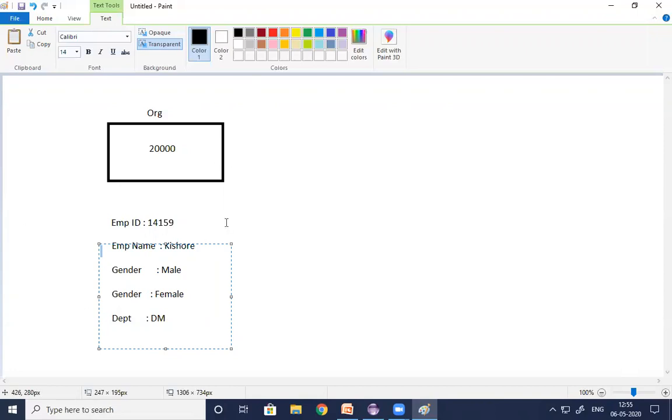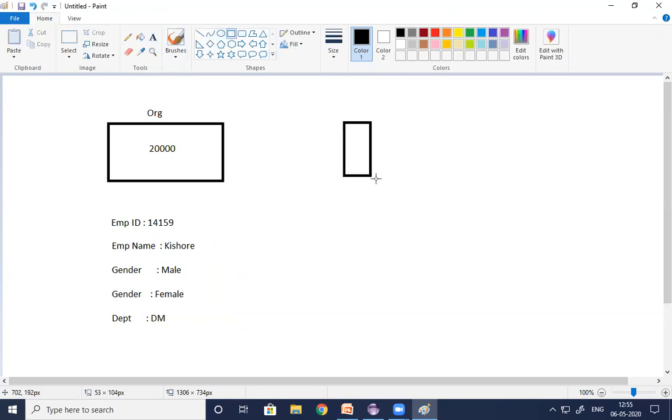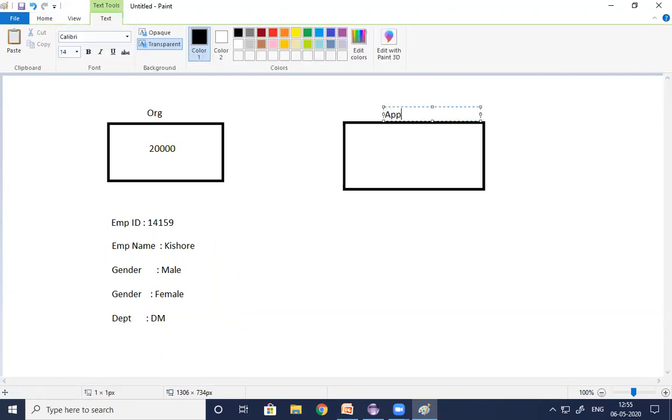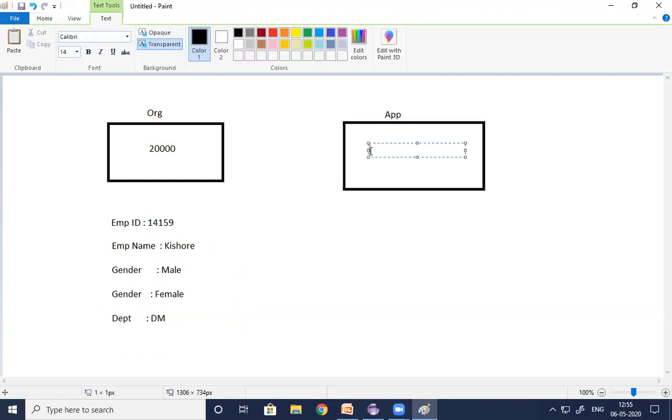If you understand this example, guys, you can easily understand the technical example also. Same thing, I'll convert into the technical example. Here we are talking about an organization, but here we are talking about the application. Organization is similar to application. Understand everyone, guys? Here organization, here application. And in an organization, employees are working; in the same way, in an application, we have elements.